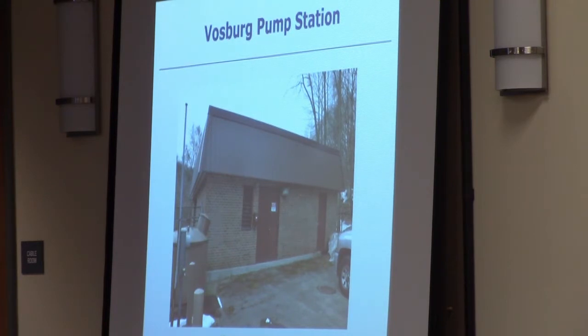This pump station is in need of repairs, not because of the staff that you have working on it. It's 42 years old, and a 42-year-old pump station would be like having a 15-year-old car. You can keep it going. It's rusting out, you know, you might have to replace the brakes, and sooner or later you have to replace the motor. The pump station is the same thing. It has a useful life. It's well in excess of its useful life. I guess that's the first thing that I want to